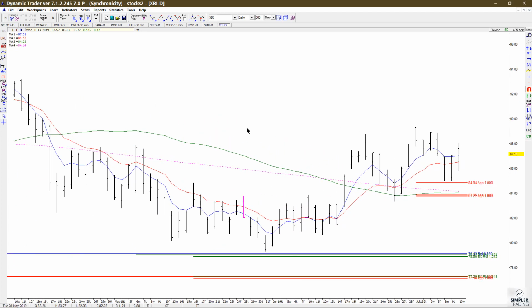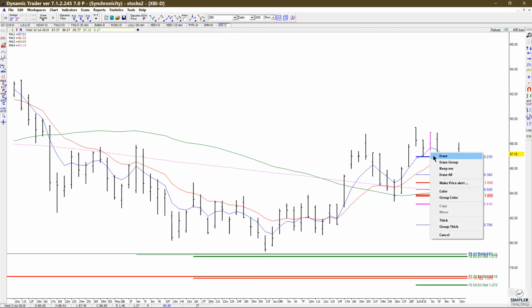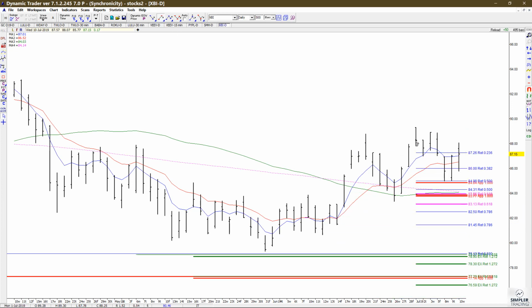Now let's also see if there are any overlapping price retracements or extensions. So let's look at retracement of the full swing. Get rid of the ones that the market has gone through. And then there's another swing, the higher low to the highest high, and then the more recent low to high swing. Okay, obviously what we went through is no longer valid,